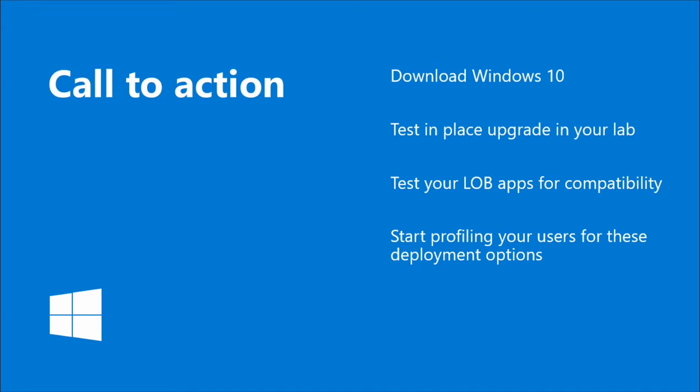Yeah, and keep in mind that it's fairly easy to move between current branch and current branch for business. It's really just a question of when you deploy a new feature upgrade to that device. So those are easy to adjust afterwards. Moving from current branch or current branch for business to LTSB or vice versa is much more involved. So you want to make sure that you've really thought that through before you start deploying machines. Yeah, absolutely. So that gives you guys a whole lot of options.